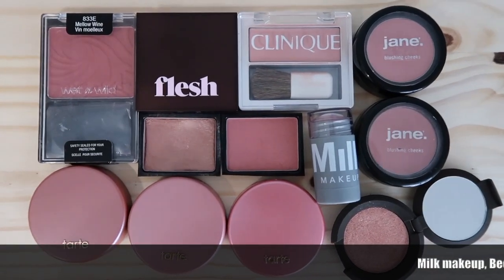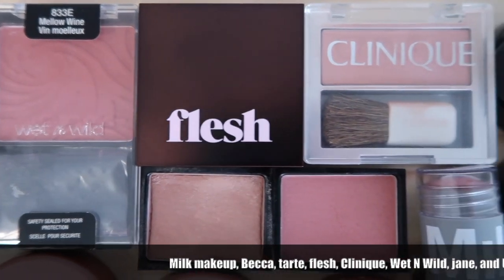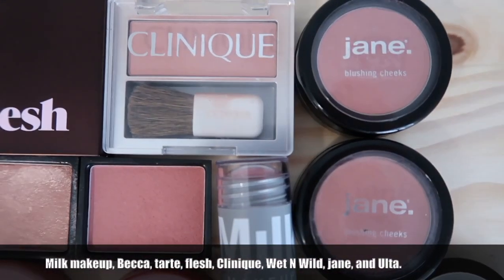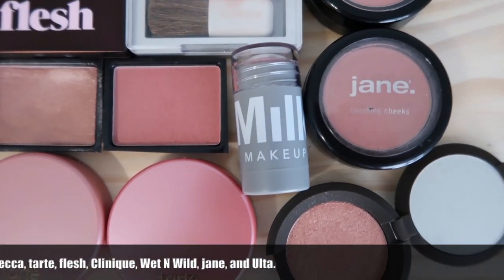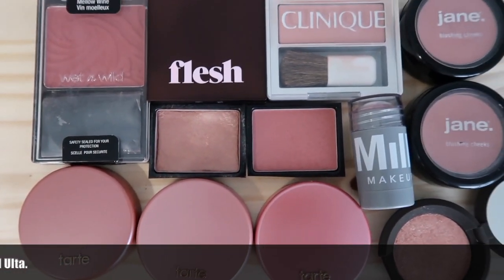Milk Makeup, Becca, Tarte, I have 3 from Tarte, Flesh, Clinique, which is the one I'm currently using, Wet n Wild, Jane, I have 2 from that brand. I don't even know if they make that brand anymore. And I have 2 from Ulta as well. So 7 of these are full size, 5 of them are minis, 10 are powders, and 2 of them are